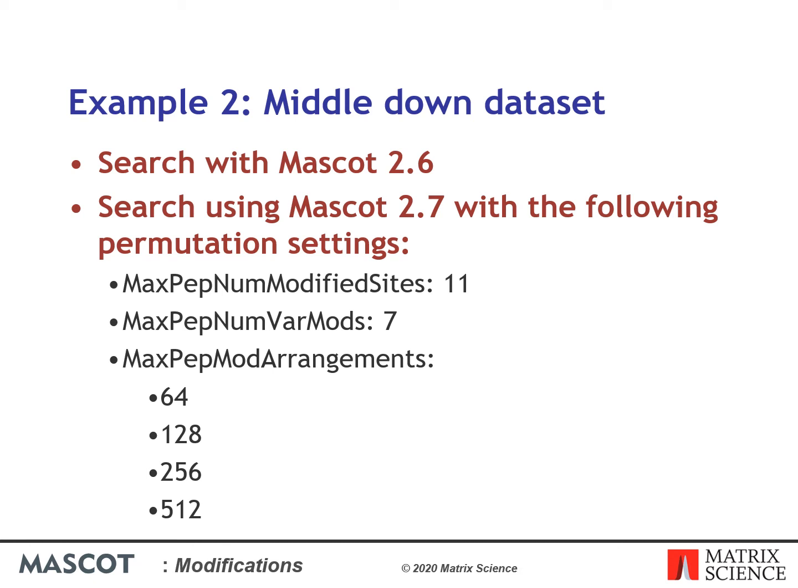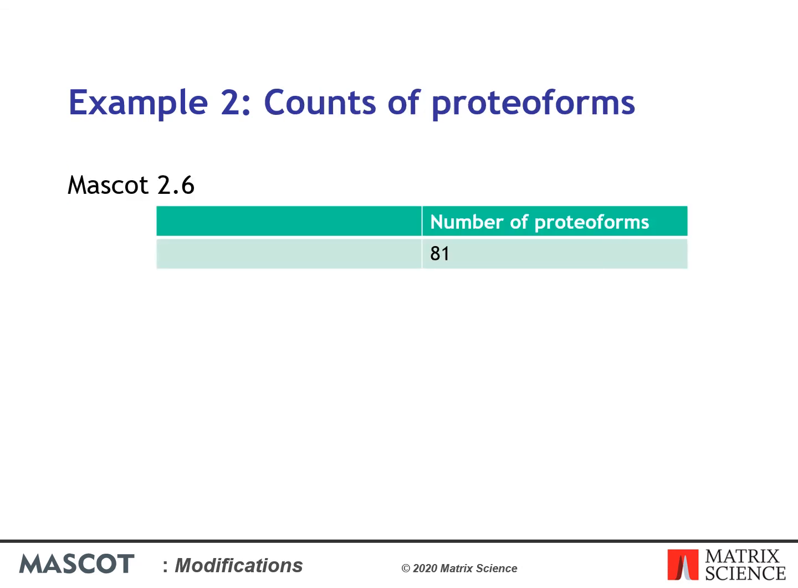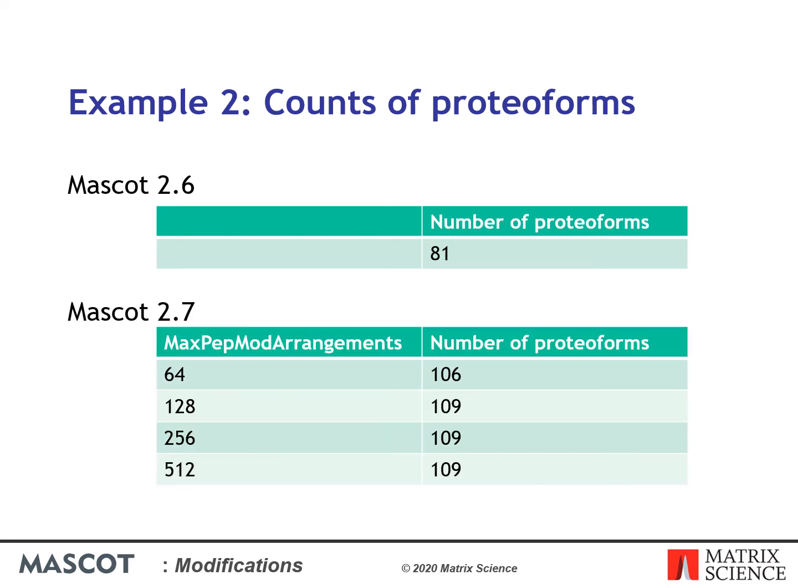I set max pep num modified sites to 11 and max pep num var mods to 7, so that all possible residues could be modified, allowing for all variable modifications. I then searched using a range of values for max pep mod arrangements from 64 up to 512. With Mascot 2.6, we identified 81 distinct proteoforms, that is, distinct modification patterns. As you can see, using Mascot 2.7 to do a deeper search into the variable modifications, we have identified significantly